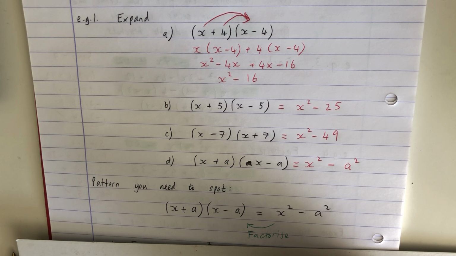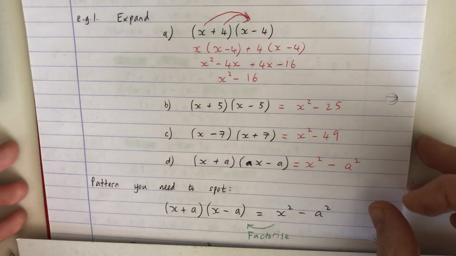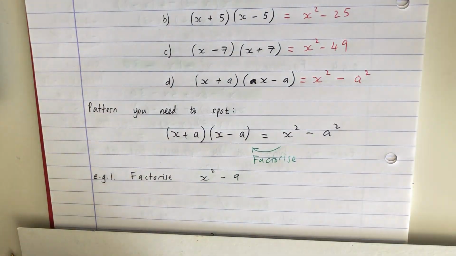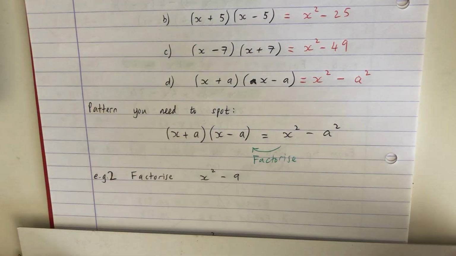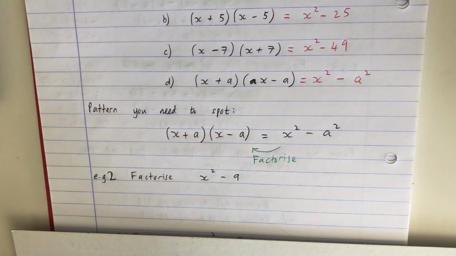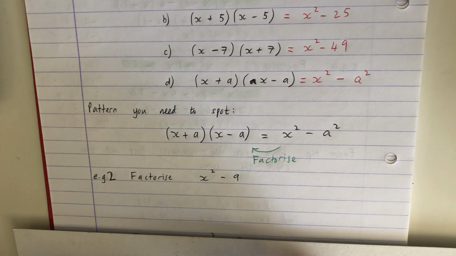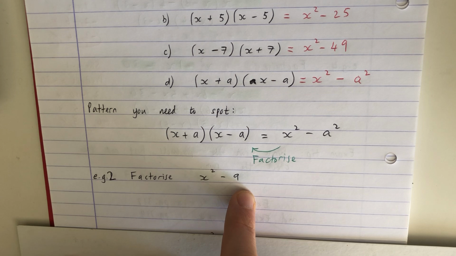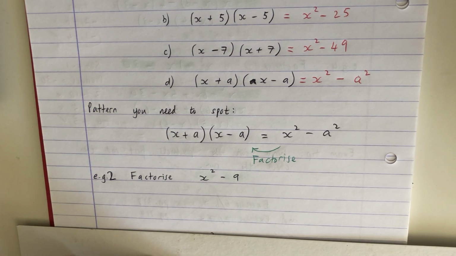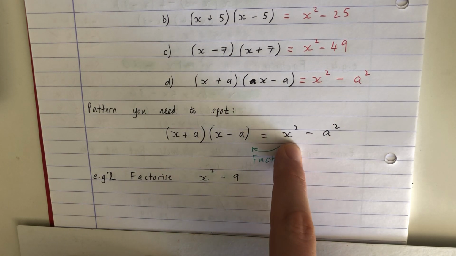to single brackets. So let's see what that would look like as an EG. Should be EG number 2, not EG number 1 again. Okay, x squared minus 9. So what would I imagine you would do is you would, in an exam, probably think, oh, this is two terms, so it's probably going to be the single bracket. But if you tried single bracket factorising this, it doesn't work. There's no common factors. But then you should notice this pattern: x squared